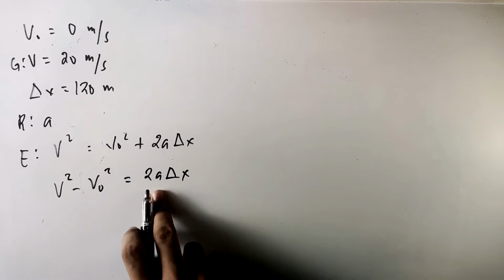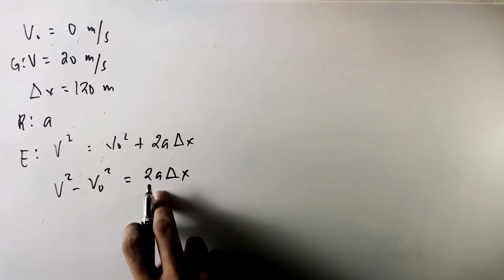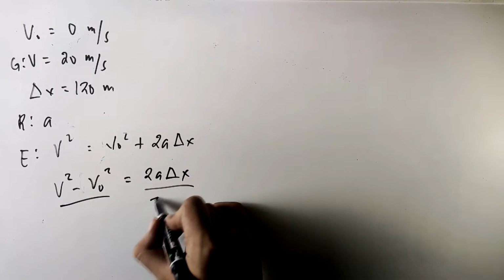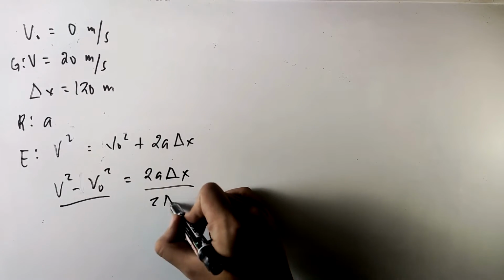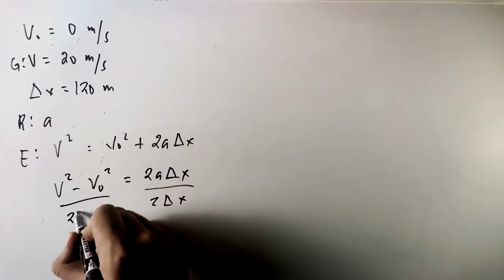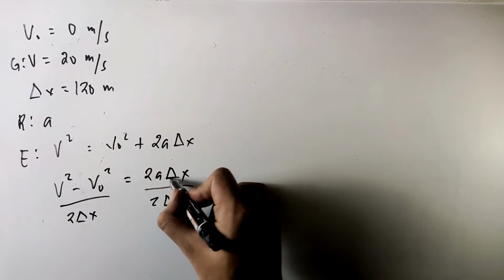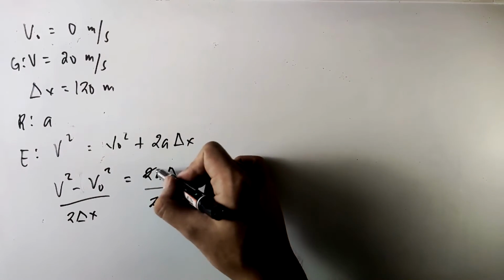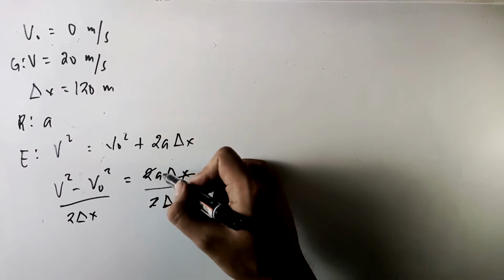Of course we want a to remain on this side because this is what we need, right? So divide both sides by first 2 and then by delta x. Then do that on the other side as well. So you're going to cancel delta x here, then cancel 2 here. So you're going to have a as the sole remaining